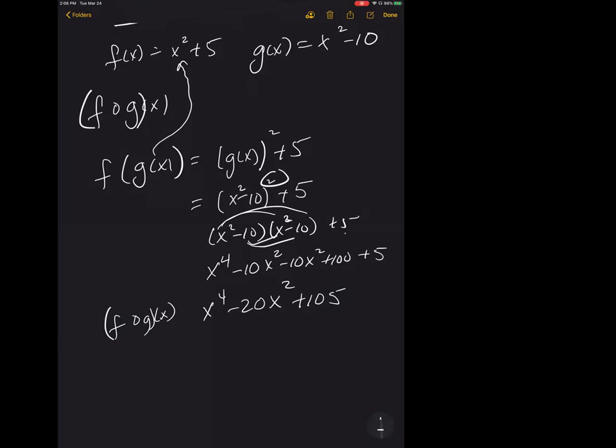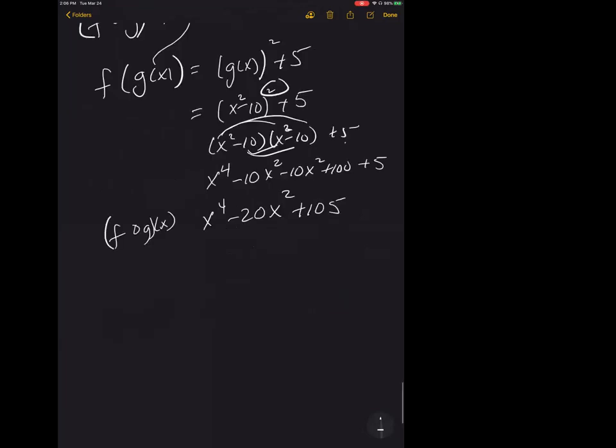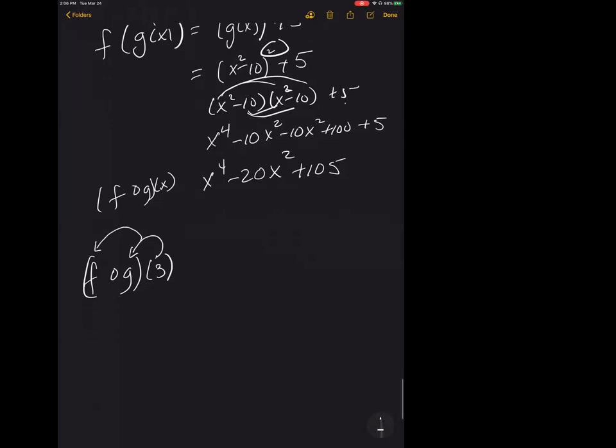Now, the other thing they want you to know is to plug values in. If they ask you, what is f of g of 3? What that means is they want you to take 3 and plug it into the g function. And when you get that answer, you plug that new answer into f. So g of 3